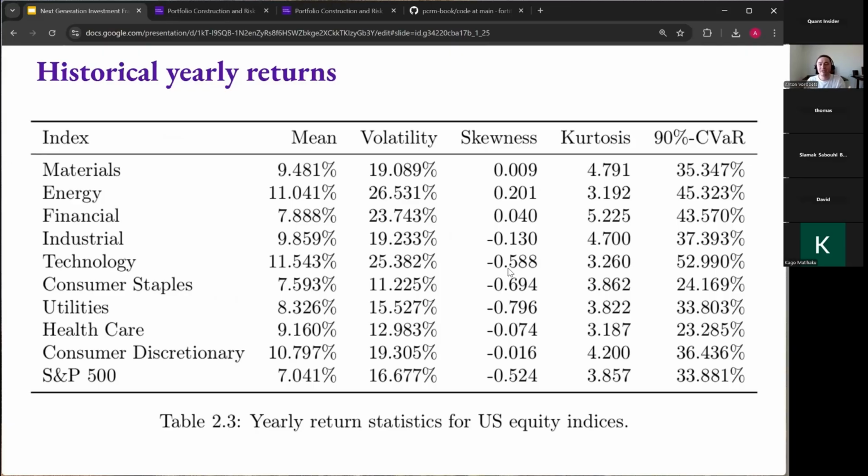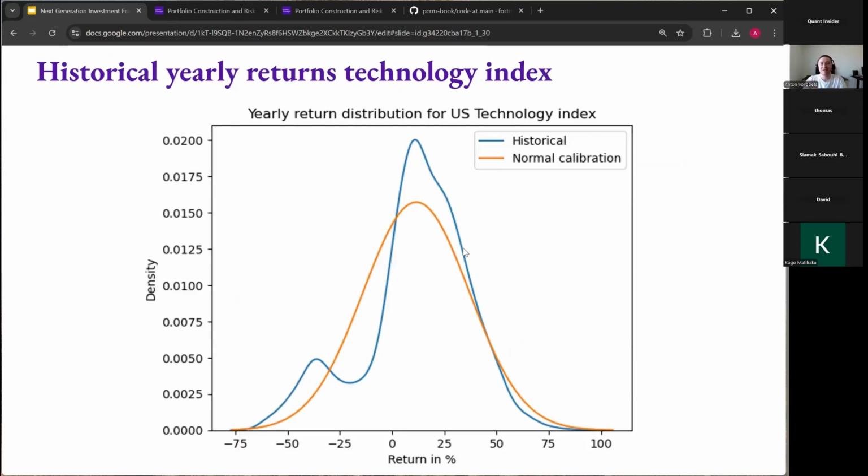account. And even if you just look at these statistics, then there are many different distributional shapes that can generate these things. So basically, naive tests like this, just looking at the kurtosis, are sometimes used in combination with the central limit arguments to try to justify that distribution on a longer horizon should be normal. But again, if you just look a bit at the data, that's not what we find, because if you look at this technology index, even though the kurtosis approached 3, then you can see it has some very, very nasty